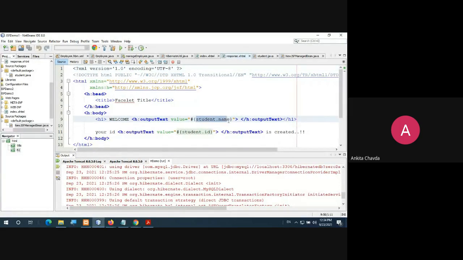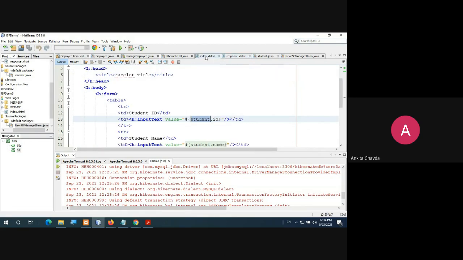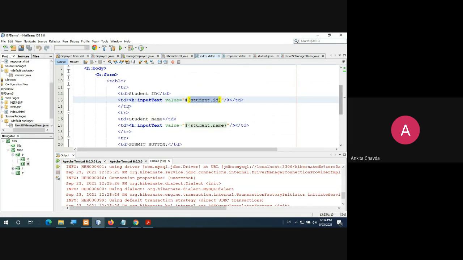Student.name, because I have this as my name field. Sorry, student.id, right? The very first one. Then this row is over.